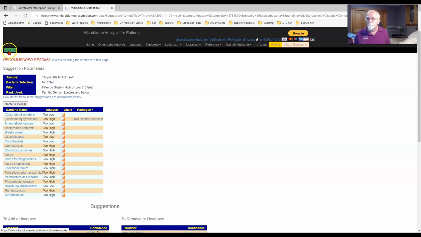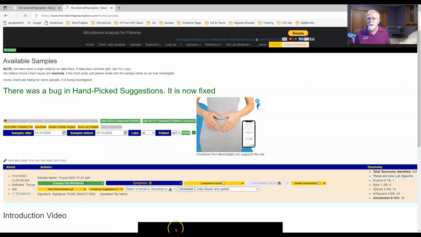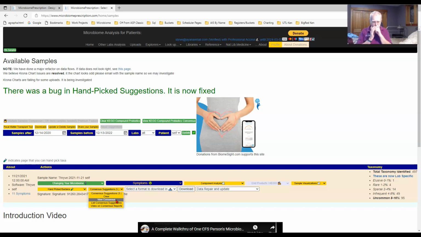Okay, now that we have gone through that little exercise, we see we have a consensus here. The purpose of consensus is to try to resolve the conflicts between things, or to come up with things which everybody deems to be safe, as in every set of suggestions.